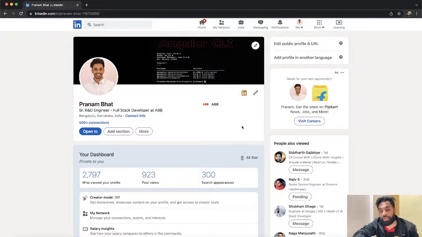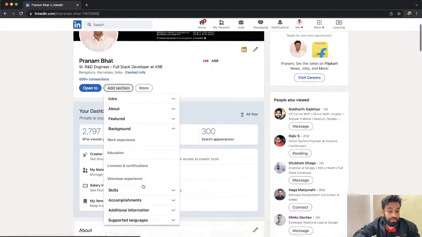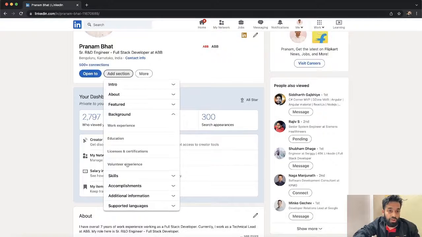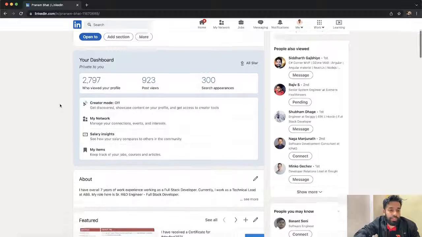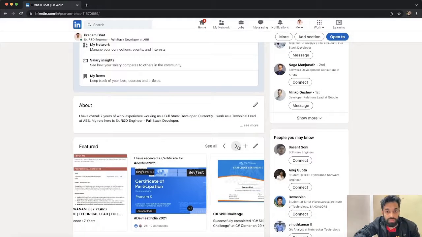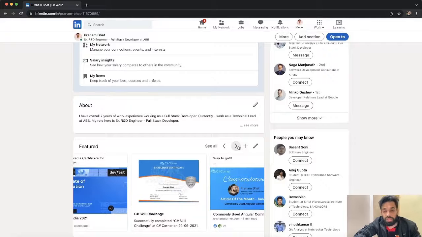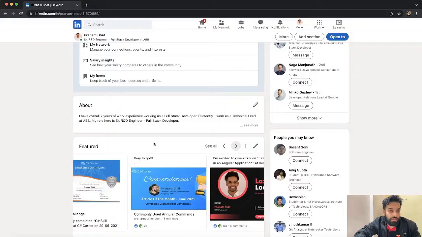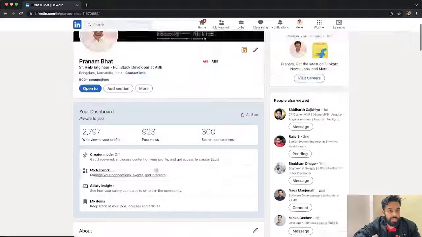Always keep your profile in public mode. Then comes the sections part. Make sure you have added or updated all these sections, so that it will be complete. Now in the featured section, make sure you also feature some of your achievements or important posts. So this is about featured.